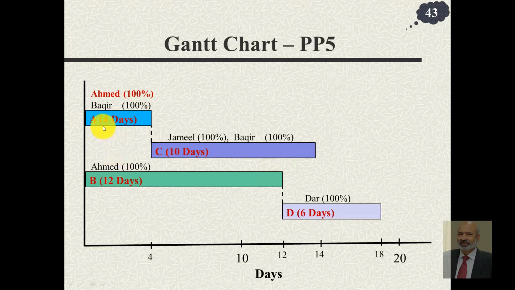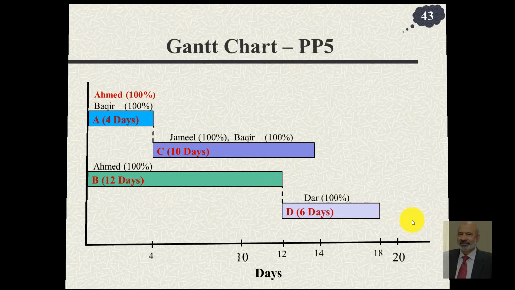But the better thing is, since this is 4 days and this is 12 days, why not shift this by 4 days? If you do that, start B here, this critical path would get shifted by 4 units. So from 18 it would go to 22. So if we shifted this one, the project completion time would become 26. If we shift this by 4 days, the project completion would go to 22 days.